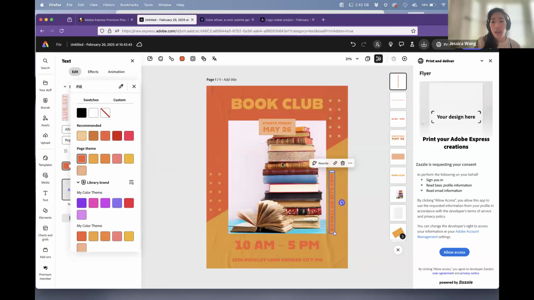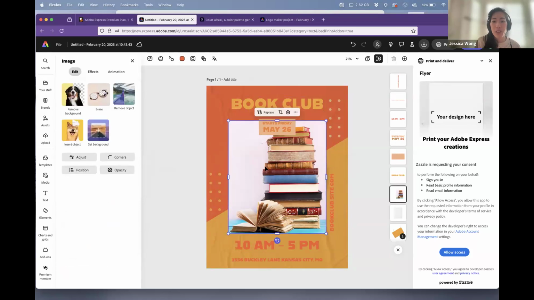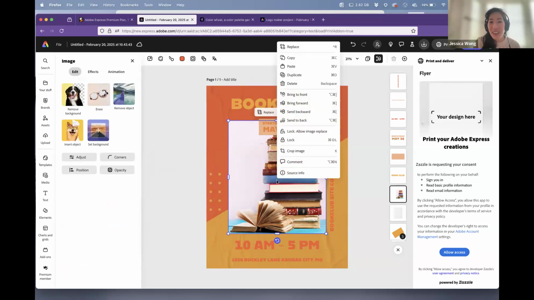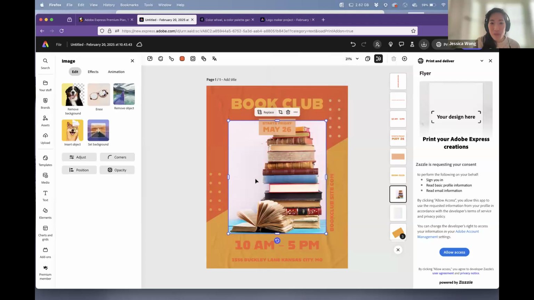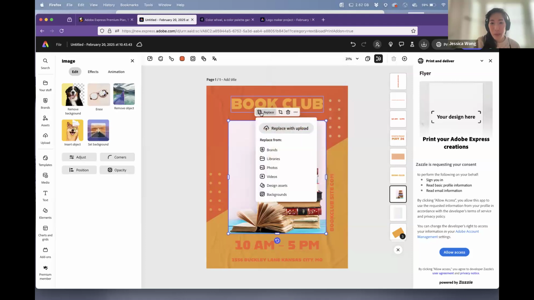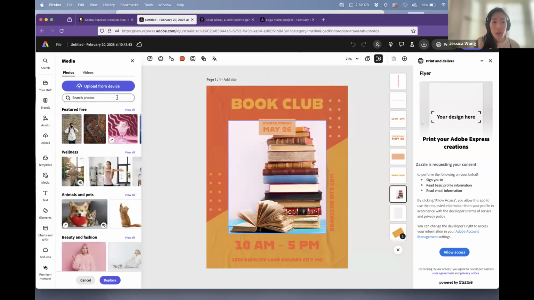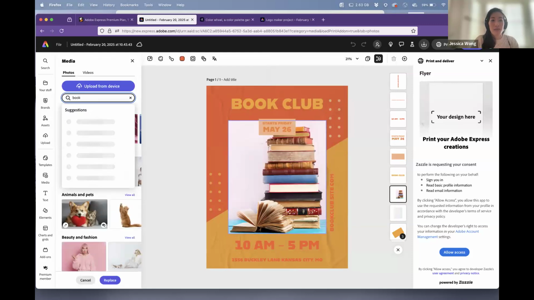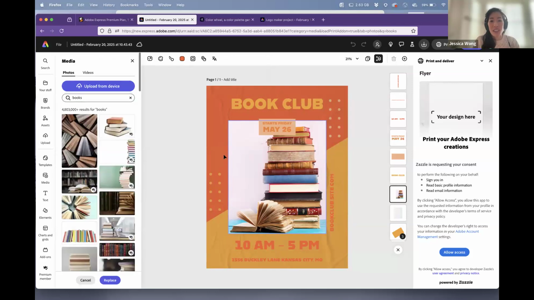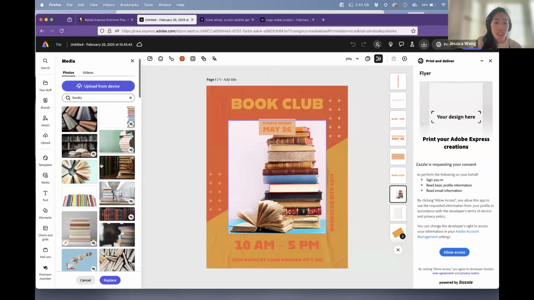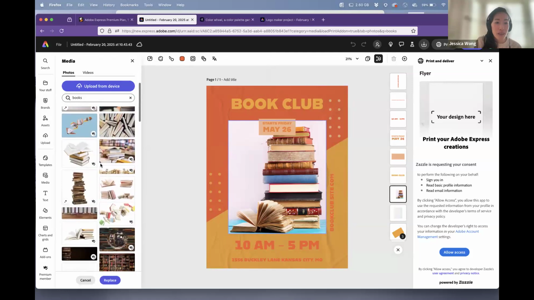And then say I want to swap out this book image. I just kind of want a new image. So what we'll do is click the replace button here, and then we can click with photos, and then let's type in books, something that's not so old, a bit more fun.